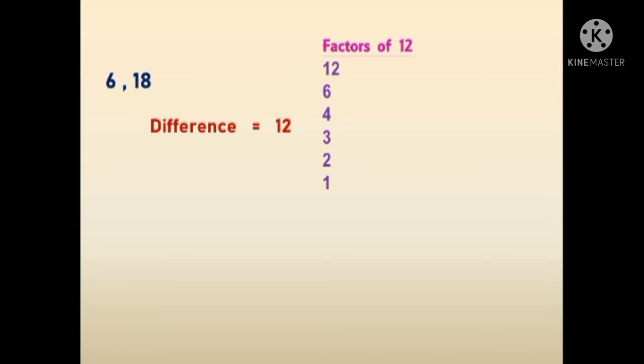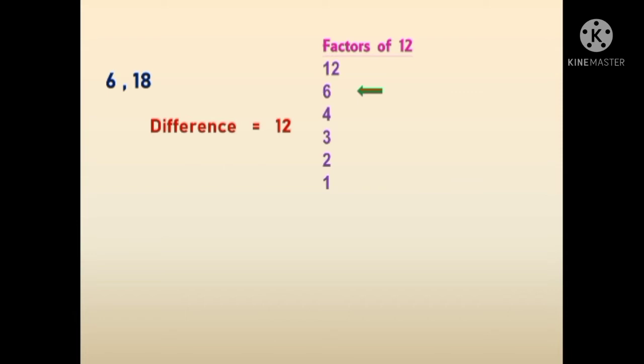For using this step, what we have to do is find which number divides the question exactly. That is, in this factors list, we have to find which number divides the numbers 6 and 18 exactly. For that, first we are going to check for 12. 12 is not possible, right? That's why we have to find the factors of 12. So, we have to move on to the next factor in the factors of 12 list. So, the next factor is 6.